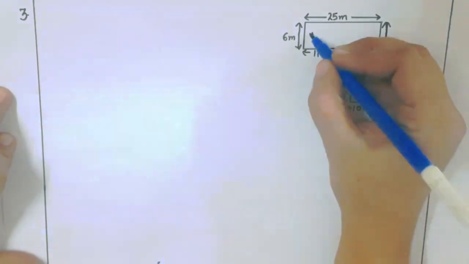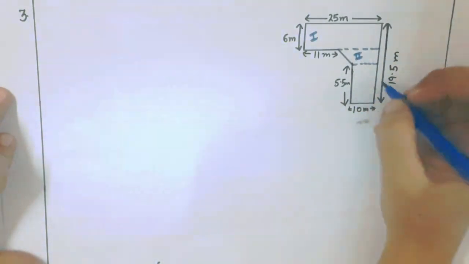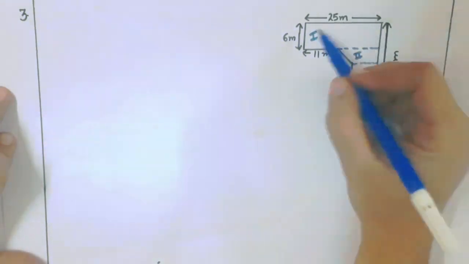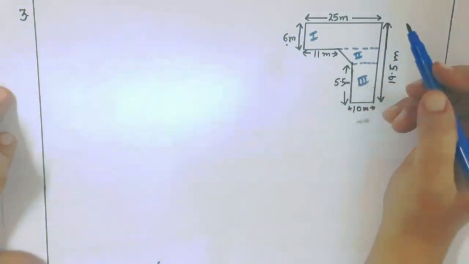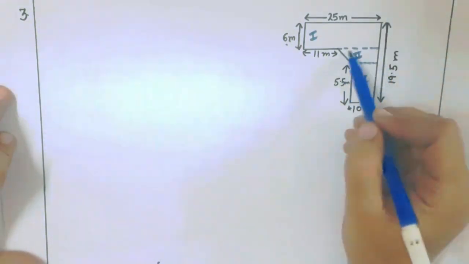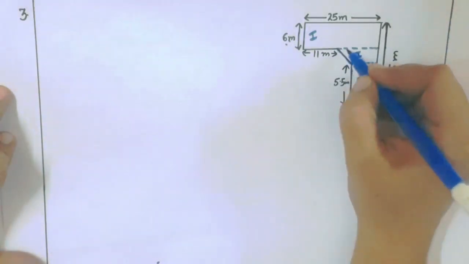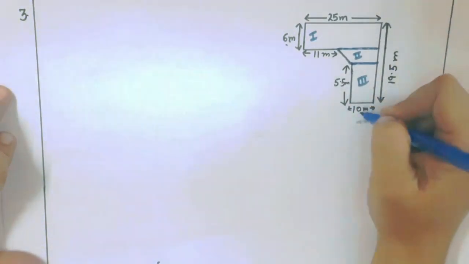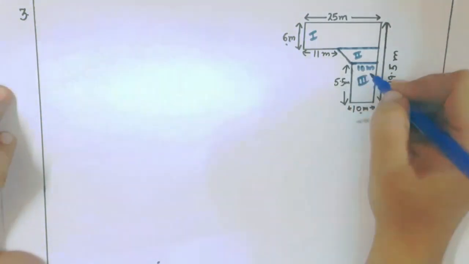First one is a rectangle, the second figure is a trapezium, and the third one is also a rectangle. Now in first figure we know the length and breadth, that is 25 and 6. In the second figure, look at the second figure. This one is the second figure, the small trapezium. Now in this we have to find out the parallel sides. Now how to find out the parallel side? This is 10 meter. This one is also 10 meter. The first parallel side, this parallel side is 10 meter.